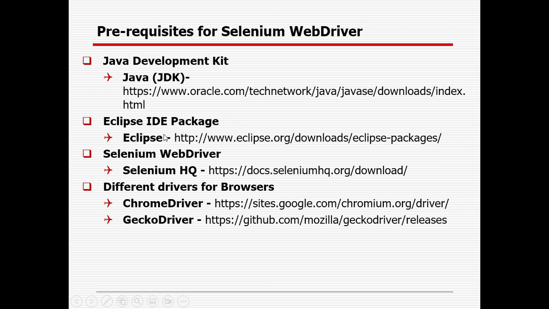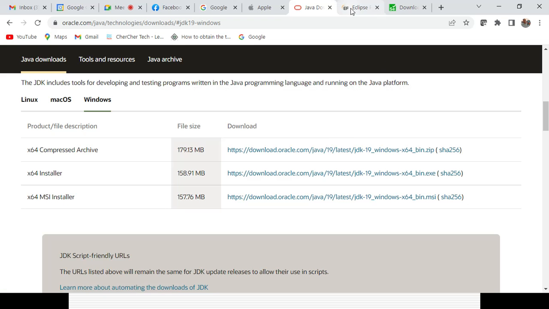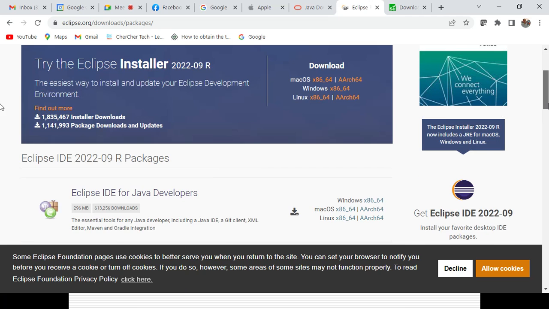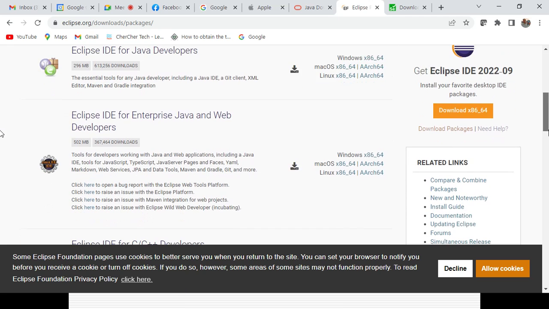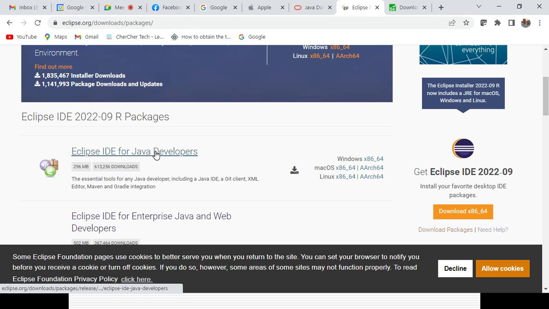Then you need to install the Eclipse, right? So you need to go to that kind of path. I already gave the path as well. That PDF I'll be sharing. So this is the path. You could see, in case it's Windows, Linux, Mac, you can click here and you can install it. You can use here also, the Eclipse IDE for Java developers, Windows version, you can install it.